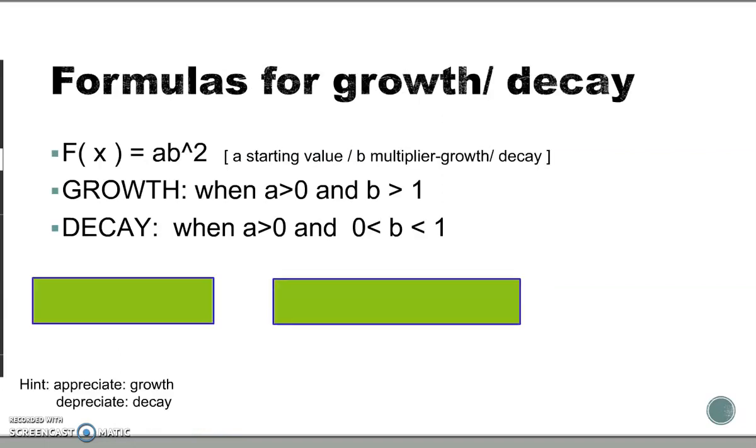Okay, write this down, please. You need to know the formulas for growth and decay. So your formula for an exponential function is f of x equals a times b to the x power. So I will write it a different way for you just so you can see it. It's a, b, x. Okay, so your f, your function,